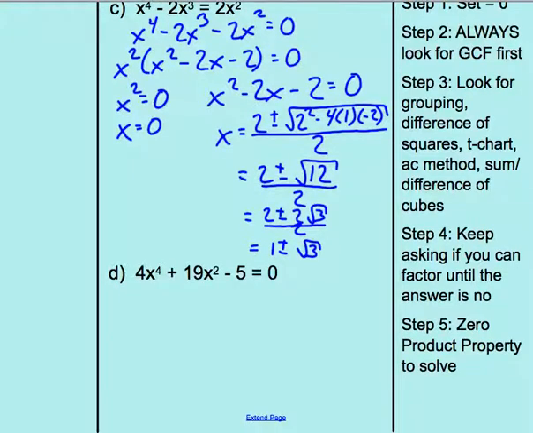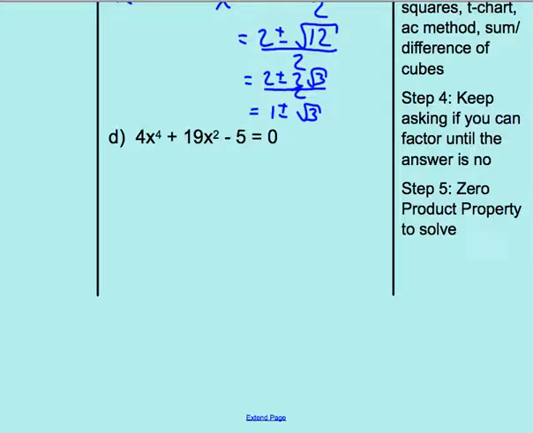Last example, we've got it set equal to 0. Look for GCF. I don't see one for all 3 terms. So now I'm going to see how else might I factor this. It's a trinomial, so hopefully you're thinking that quadratic way of factoring, either the t-chart or the AC method. In this case, our lead coefficient is not 1, so we'll have to use the AC method. Multiply the 4 by -5, what multiplies to -20 and adds to our middle term of 19,